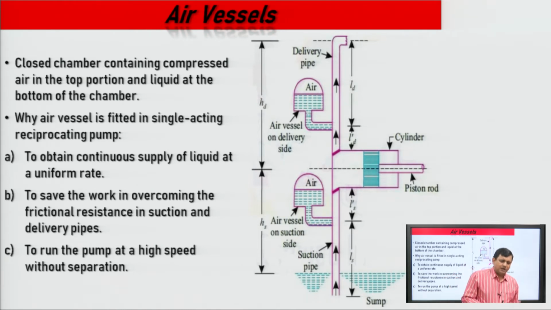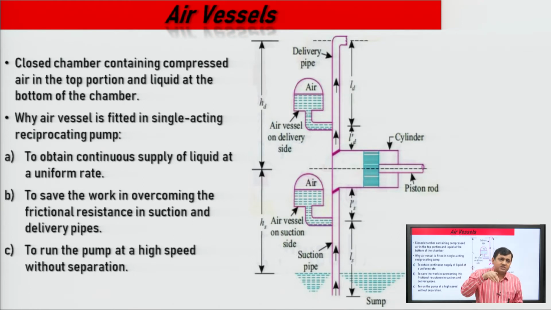So, what is the air vessel? It is a closed chamber containing compressed air. What is the use of it? If there is piston and cylinder movement, fluctuation takes place, because acceleration and retardation take place all the time. At the beginning of a stroke, at theta 0, the piston velocity is 0, then in the middle of a stroke the velocity is maximum, and at the end of a stroke it drops again. So if you see the whole pattern of the movement of this piston, the velocity varies.